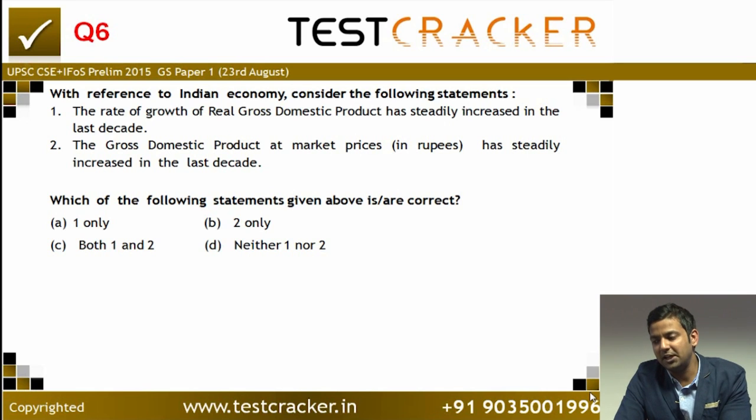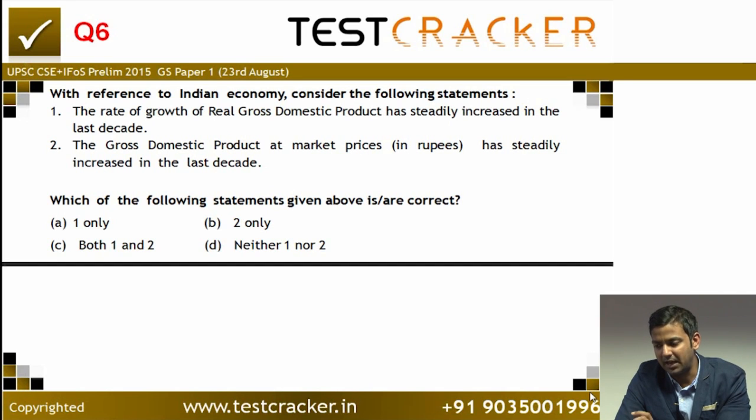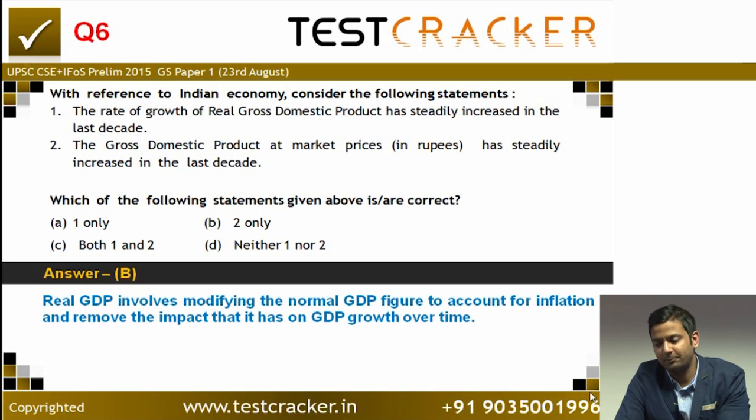Now statement 2 is GDP at market prices. Simply GDP at market price, which would mean P into Q, price into quantity as it is right now. Sum of all that is what is being talked about. So you just have to ask, has India's GDP ever fallen? You would know no, right? India has witnessed a slowdown, but every time something has been added to the GDP. Even if the GDP growth rate came down from 9% to 5% or 6%, still 5 or 6% were being added. So it has been increasing steadily in the last decade. Statement 2 is correct. The answer to this will be option B.